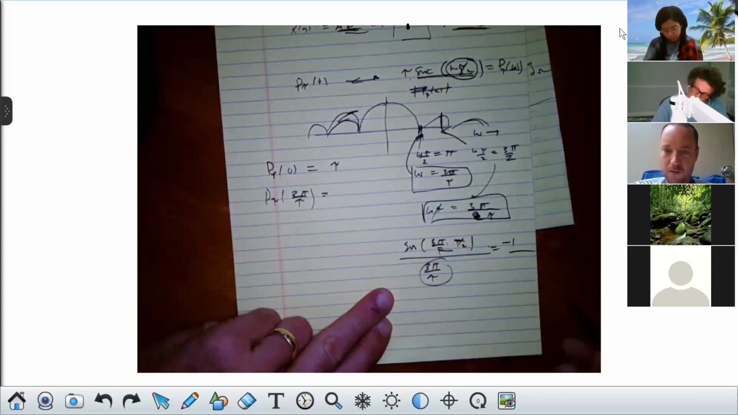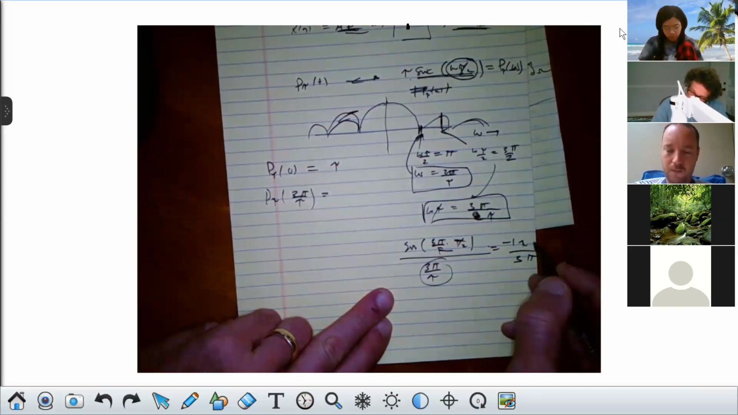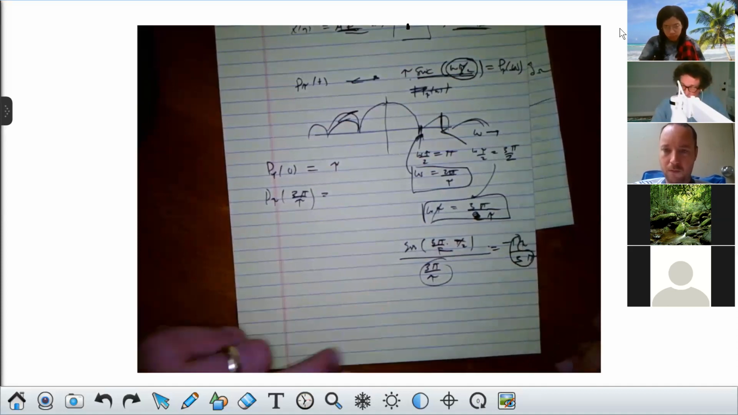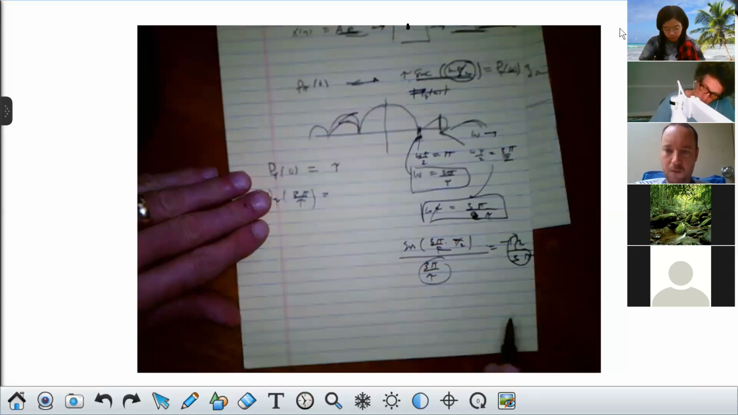Right. What happens down here? Now I've got tau, and I have 3 pi, correct? Do you agree? Yes. All right. Well, that's basically going to have a value of this, isn't it, class? All right. Now,